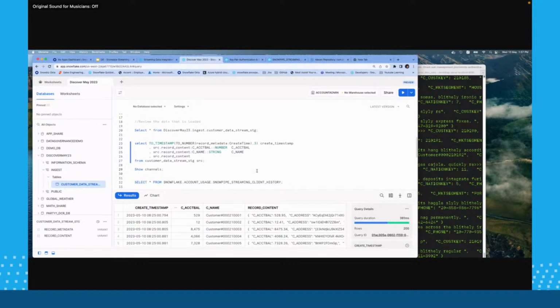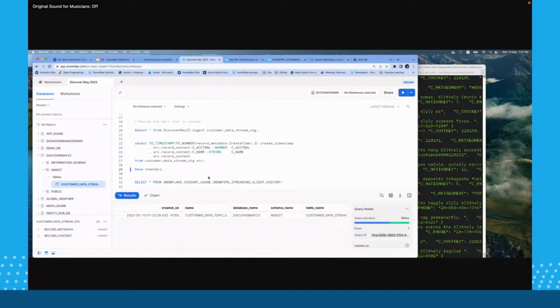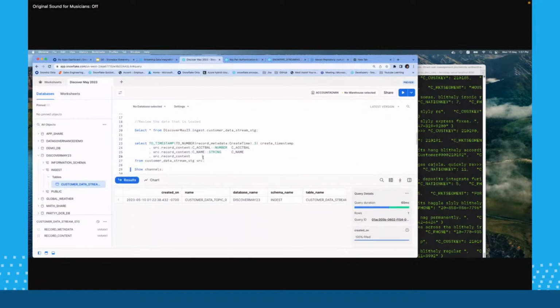Now, if I go over to my channel, this is very important, because for every table you can see the channels getting created, and on the channels you can see the offset, 399, and you have a row sequencer. You need not worry about these numbers. These are for internal usage of Snowpipe streaming. But if you have multiple partitions, you will see multiple channels automatically getting created over here. And that is the message that I wanted to pass, that the order of records is definitely maintained within a channel, but not across channels.